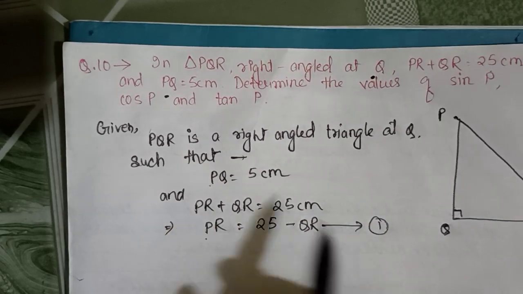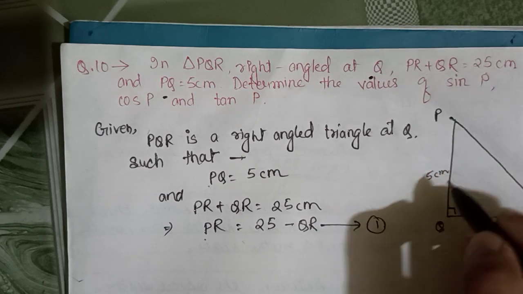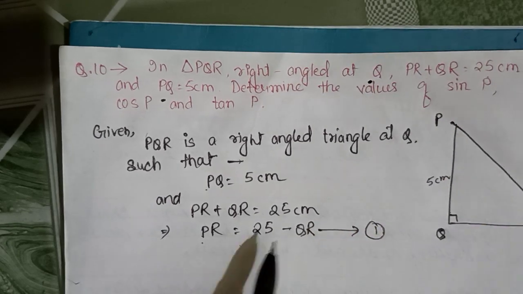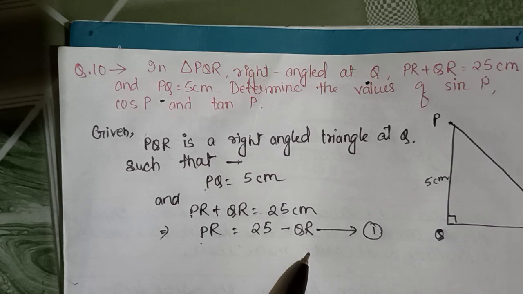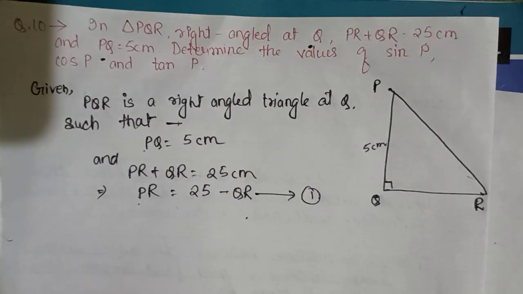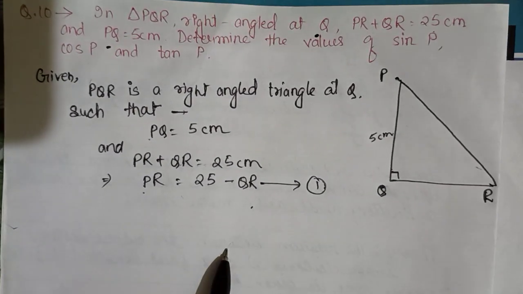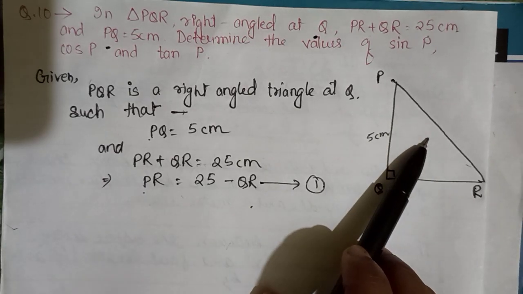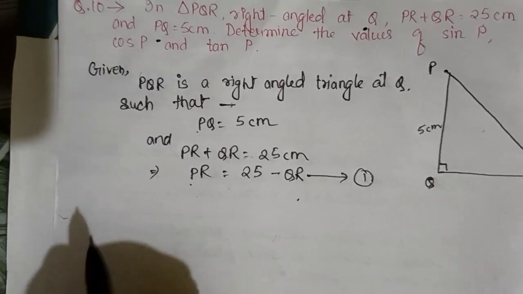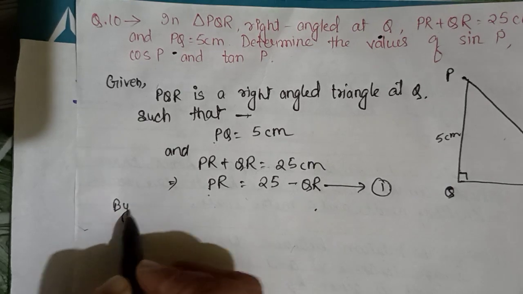Now we have PQ equal 5 cm. It is given already. PR is this one. It is given in this combined form. We cannot take it. Just we can take it for solving, but that value we will find afterwards. So PR also for some time we have. Now we need to find QR. So next we have to write here now by using Pythagoras property.